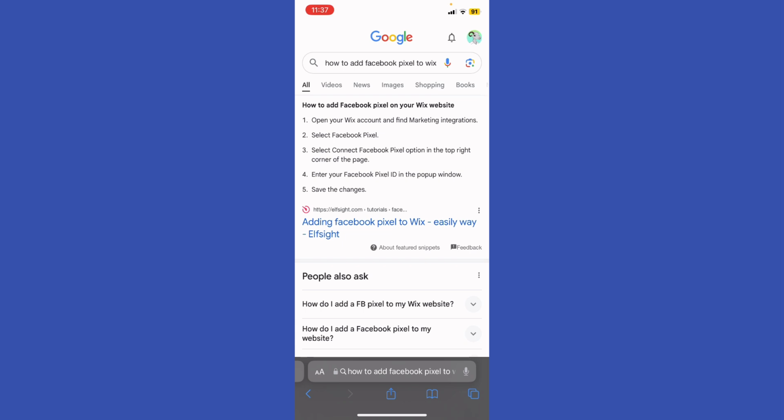Log into your Wix account and then basically go to your Wix dashboard and select the site that you want to edit, and then access the Wix Pixel tracking. In the Wix dashboard, click on the marketing and SEO marketing integrations, and then select the Facebook Pixel and then